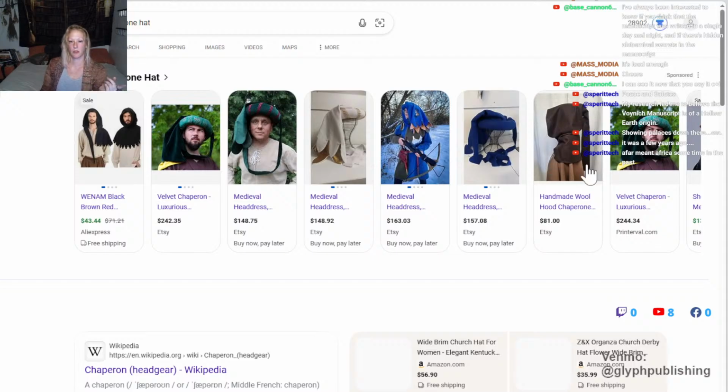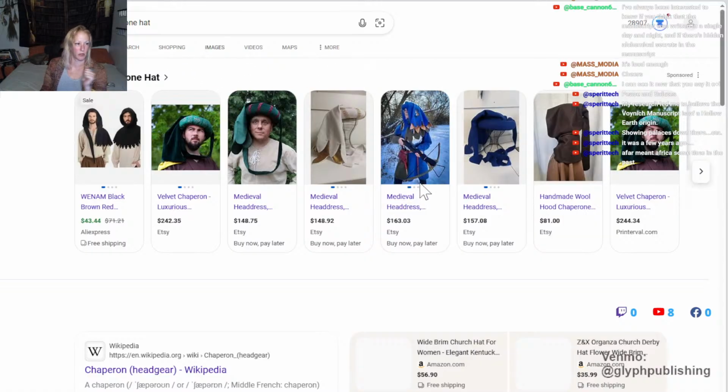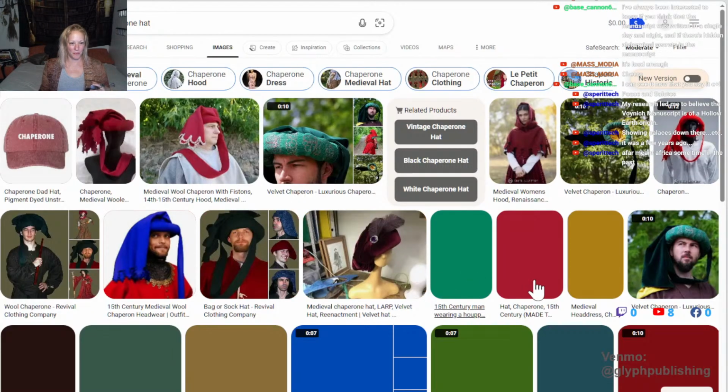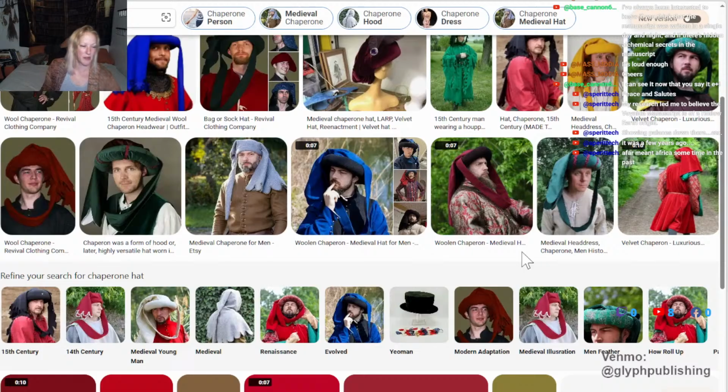It's got this tube-looking thing. These are kind of corny-looking images. Let me see if I can find something a little more regal, like a painting or something. I think there was one of